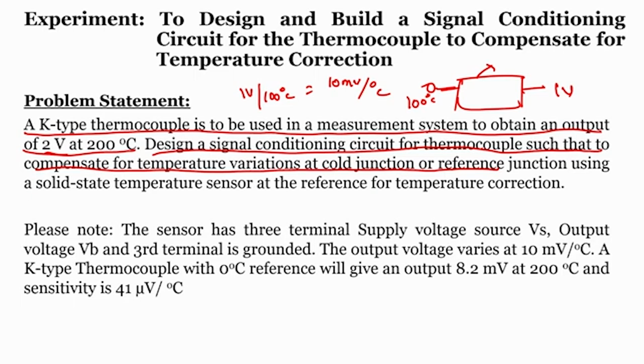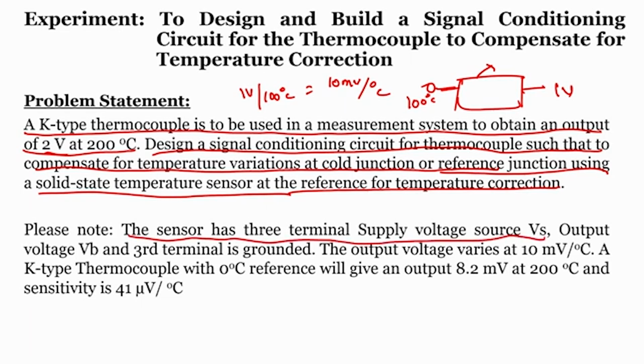So in order to do that, what they are saying is you can either go with a solid state temperature sensor at the reference for temperature correction. The solid state temperature sensor, whatever they are choosing at the reference, is a 3 terminal input. Because we are using LM35, which is a 3 terminal device, the sensitivity factor is 10 millivolt per degree